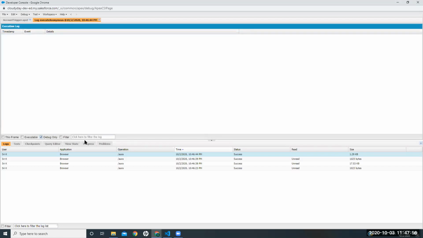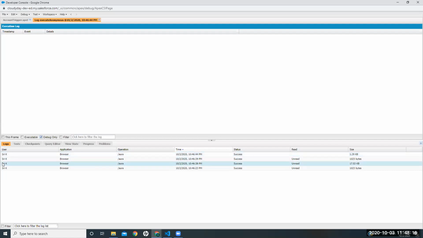This is not the one. It will be 17.53 KB, the second one from last. Above that, yeah. Check size, last column. Okay, 17.5. Yeah.